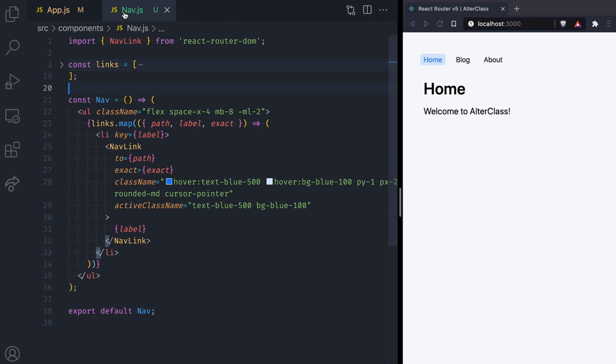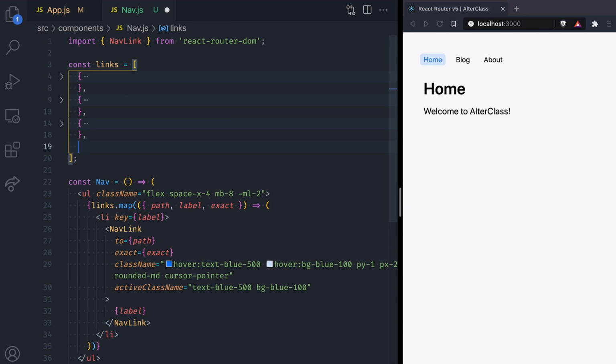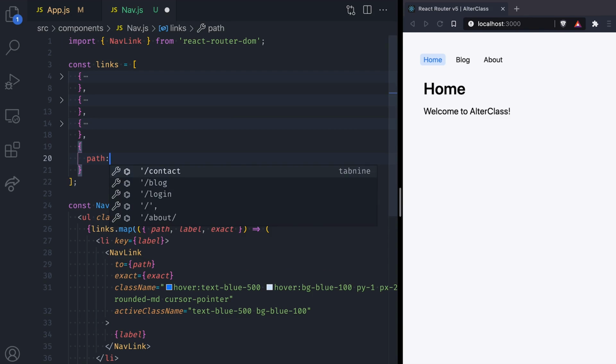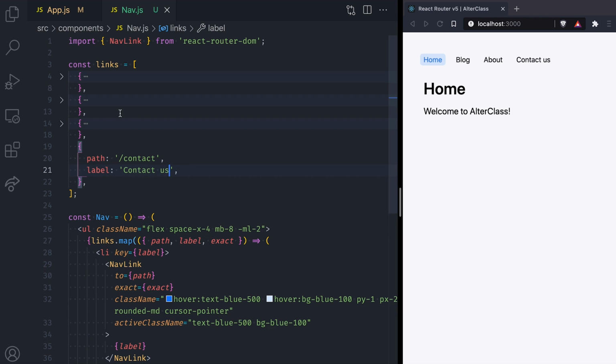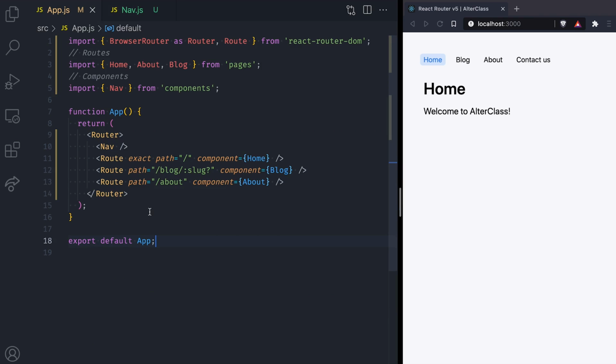In our application, let's create a new navigation link to a path that doesn't exist, /contact. If we look in the app.js file, we can see that none of the routes we have defined earlier will match this new link. There is no route with a path that matches /contact. So when I run this and click the contact link, the URL is updated with /contact, but nothing is actually rendered because no route matches.